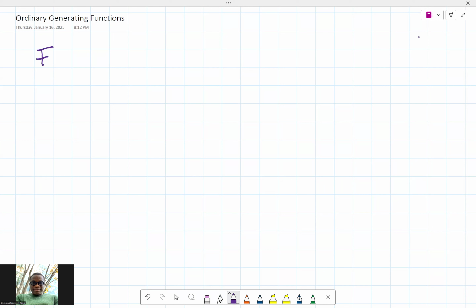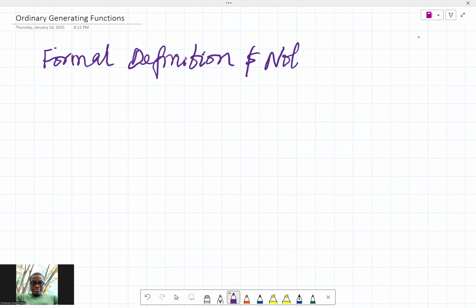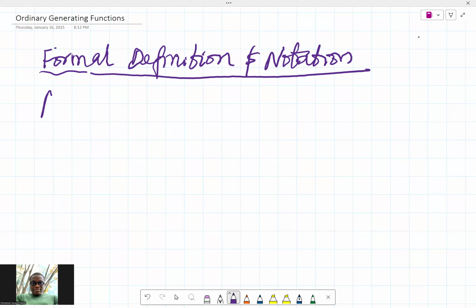We start with a formal definition and notation of ordinary generating functions. We already got introduced to the concept in the previous video. So an ordinary generating function,